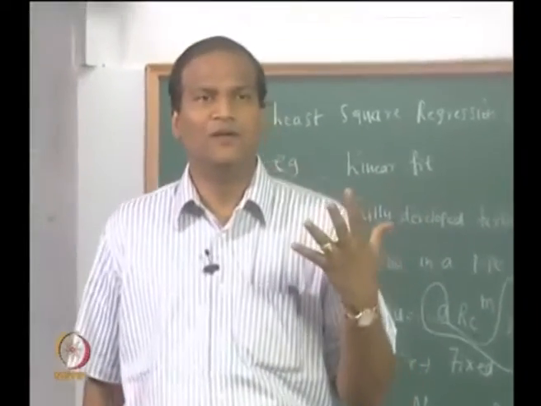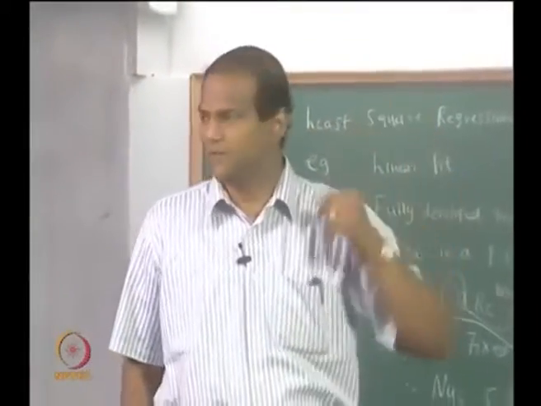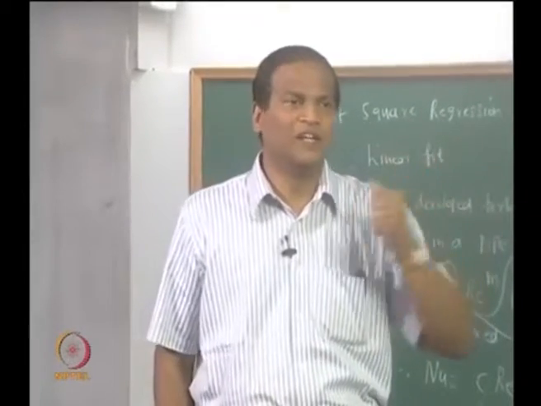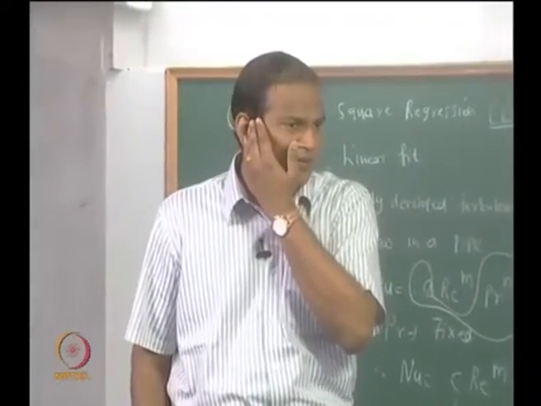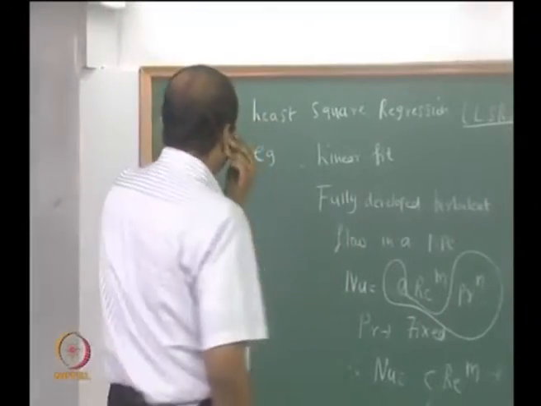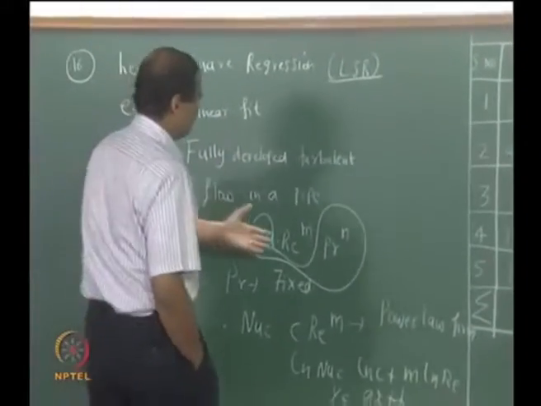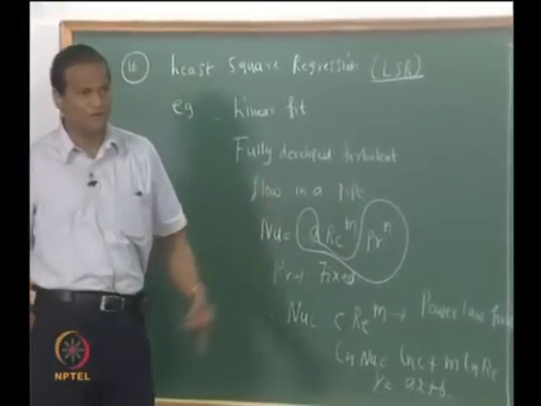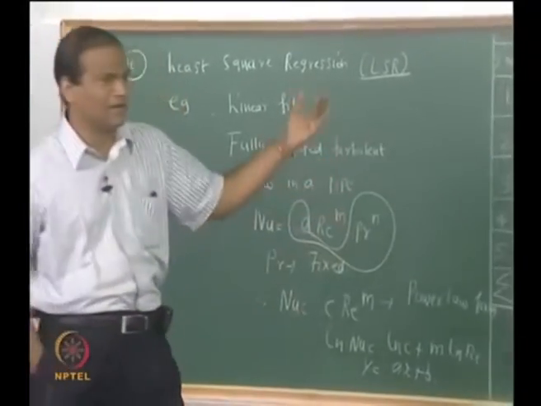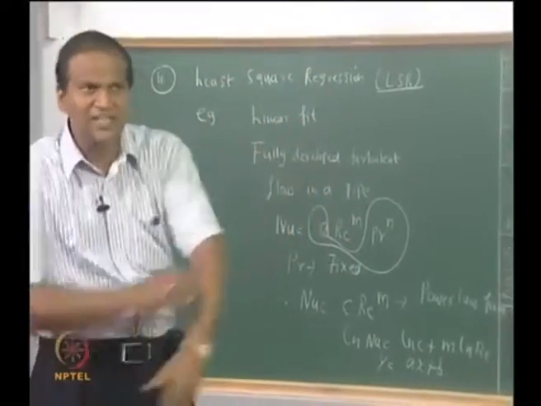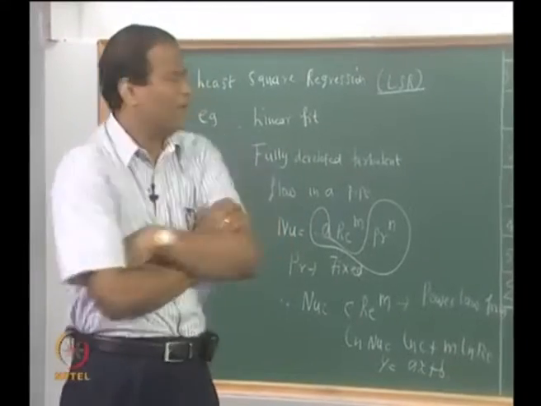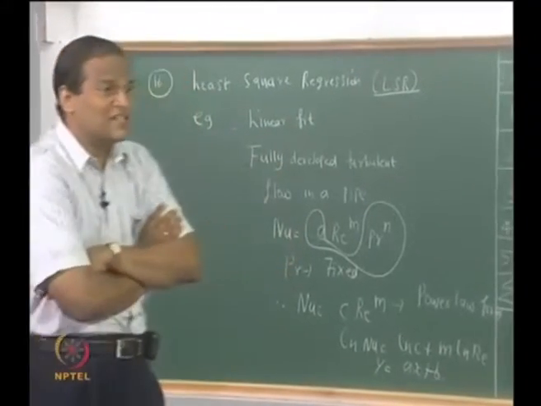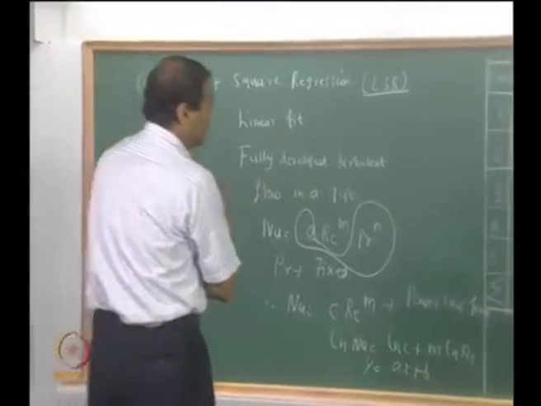Now we did some heat transfer experiments, we varied the Reynolds number and got the Nusselt number, and we believe that the Nusselt number and the Reynolds number are related by a power law form like this, and then we went ahead and did a regression or a least square regression, and finally we got some values. Has it really helped or not? We require some statistical measures.